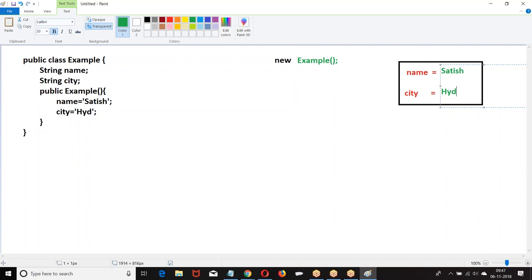Allocate the memory and do the initialization. Are you getting my point? So new will allocate the memory and constructor will assign the values. Which values? Starting values. If you don't assign the values, what is the value we have? Null. Constructor is used to assign initial values.